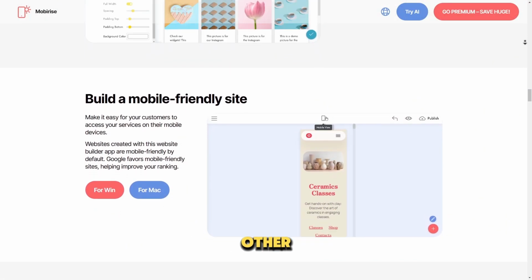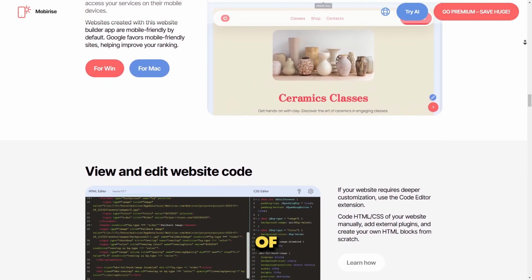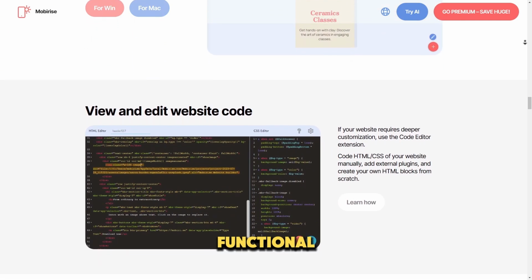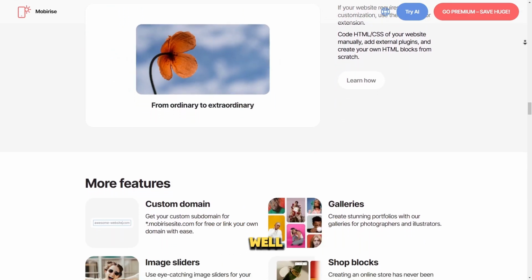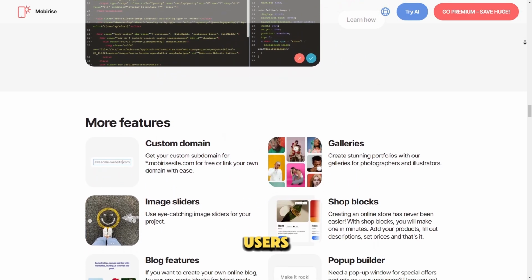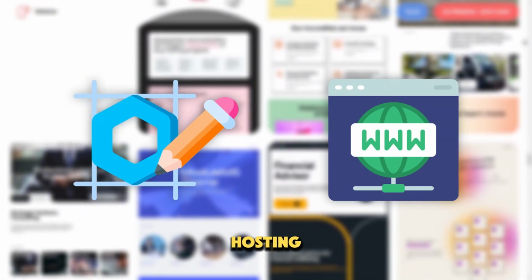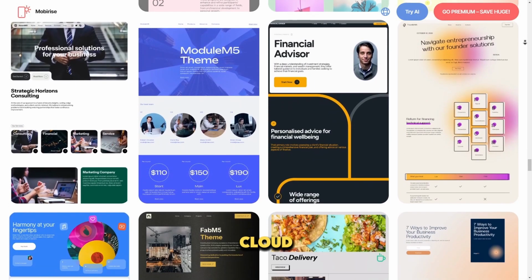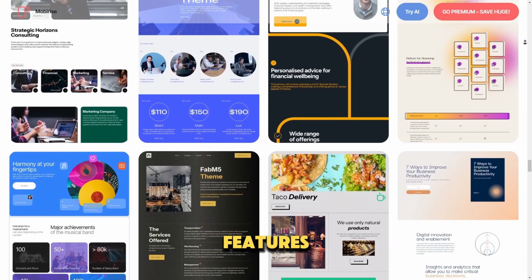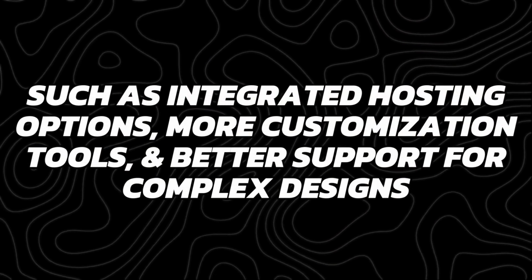In comparison to other website builders, Mobirise is ideal for users who prioritize ease of use and need a simple, functional website without the hassle of a steep learning curve. It's particularly well-suited for non-tech-savvy users and those who prefer working offline. However, if you're looking for more design flexibility or integrated hosting, you may want to explore other website builders. For instance, cloud-based builders often offer more advanced features, such as integrated hosting options, more customization tools, and better support